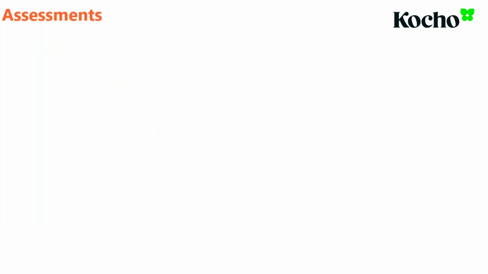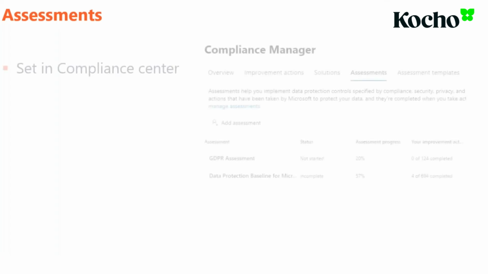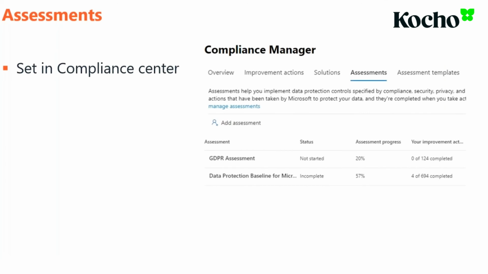Once we've started on this journey and we've got things in place, then we can start to assess where we are with compliance. The Compliance Center allows us to run assessments against the data sets that we have inside Office 365, whether that be for PCI or GDPR or something else. And we can have multiple assessments running at the same time, depending on what we want to see. And you can see here that I've got two assessments on the go. One against GDPR, which really hasn't been started, but has still managed to do a 20% assessment progress, which is very strange. And one which is still running,